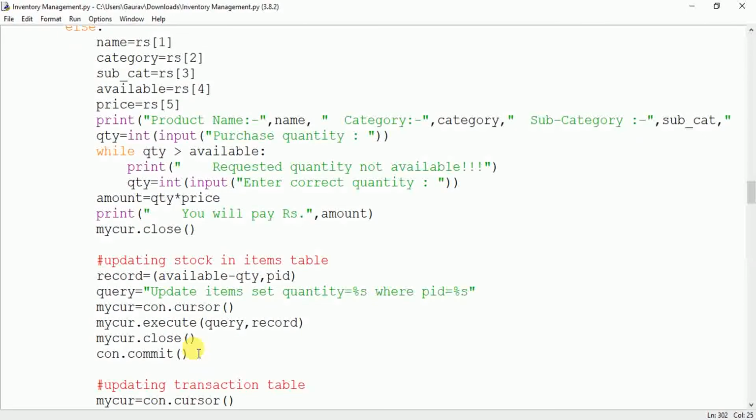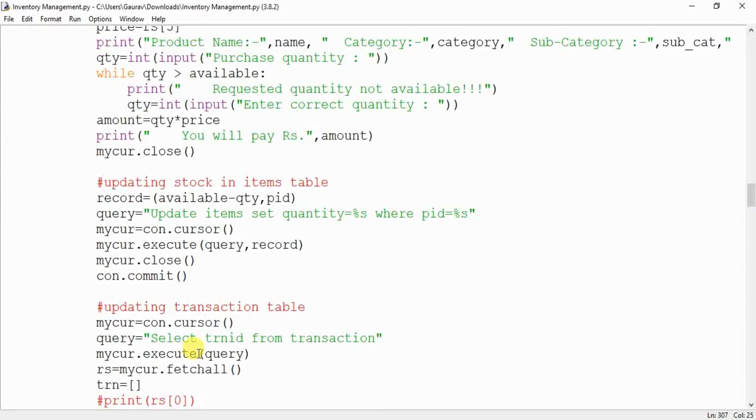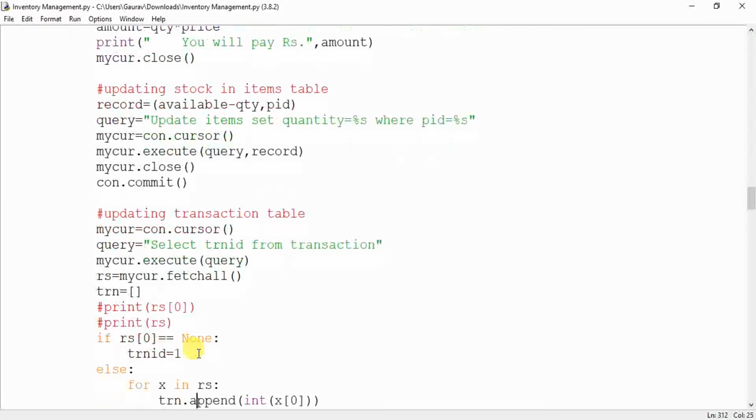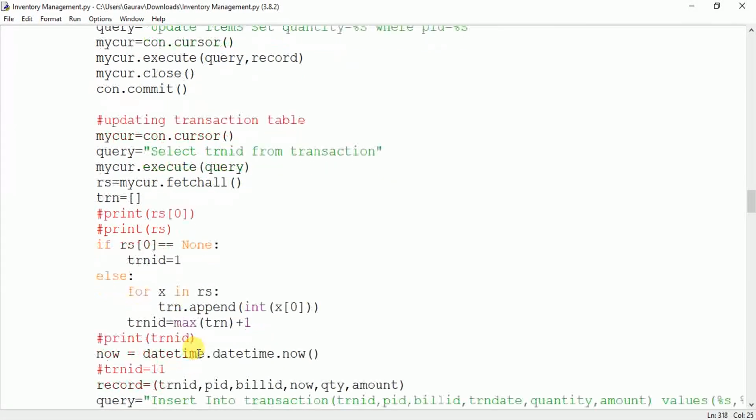This is the updation of stock. You will deduct those many items from your stock. Okay, the items table will be updated and the transaction table will also be updated. Because a monetary transaction has taken place, so these things will be updated in your transaction table also.